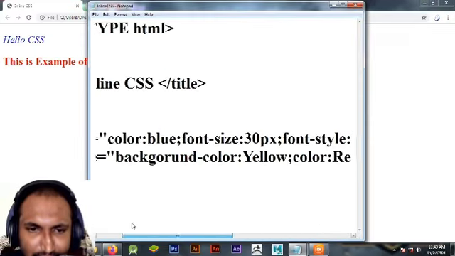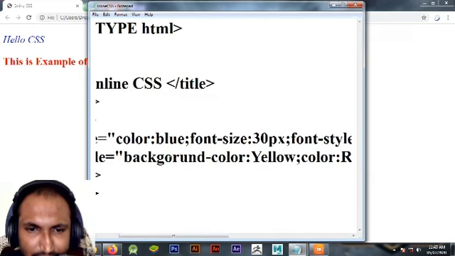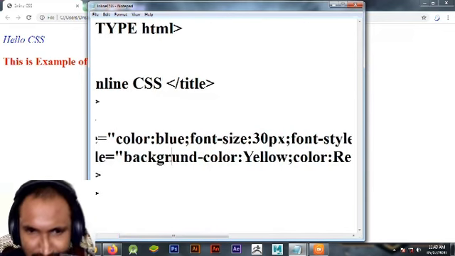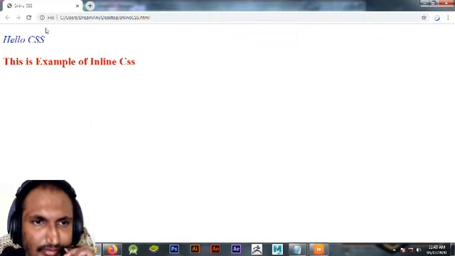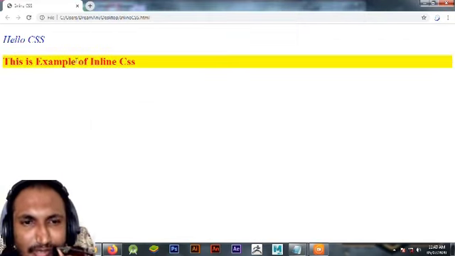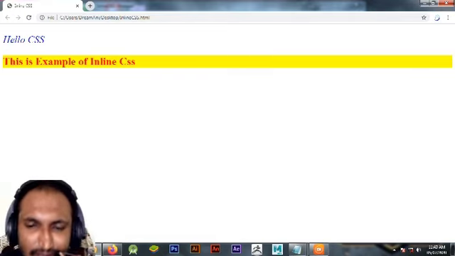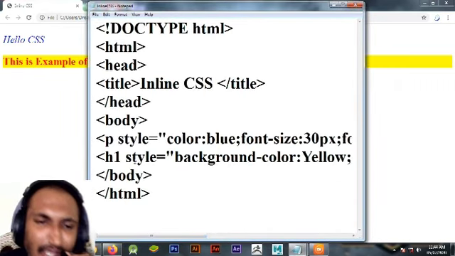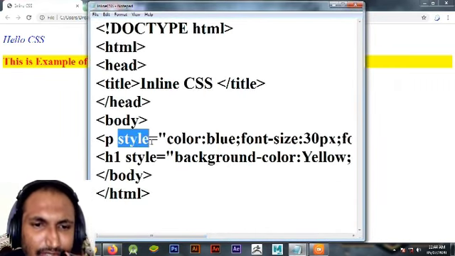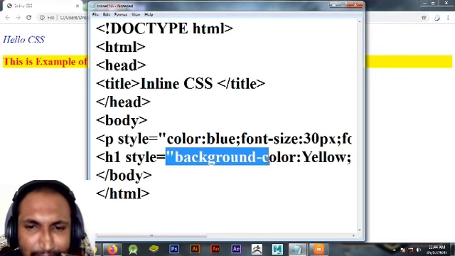and its background color should be yellow. See, its background color is yellow and the text color is red. So you can use inline CSS for different tags using the style attribute by this syntax.